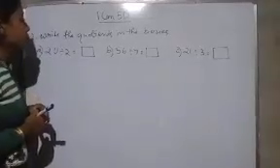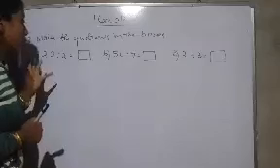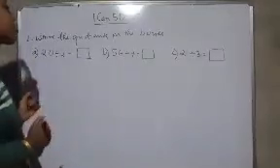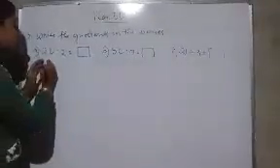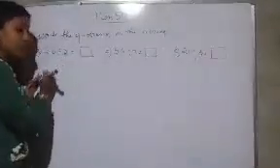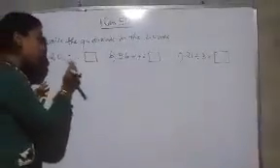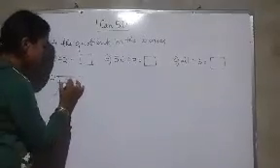Now let's do question number 2, okay? So in question number 2, what do we have to do? We have to just write the quotient in these blank boxes. So how will you do it? I have told you that this is the dividend, this is the divisor. So we will divide the dividend by the divisor. So we'll divide 20 by 2, right? With 2 we will divide 20.